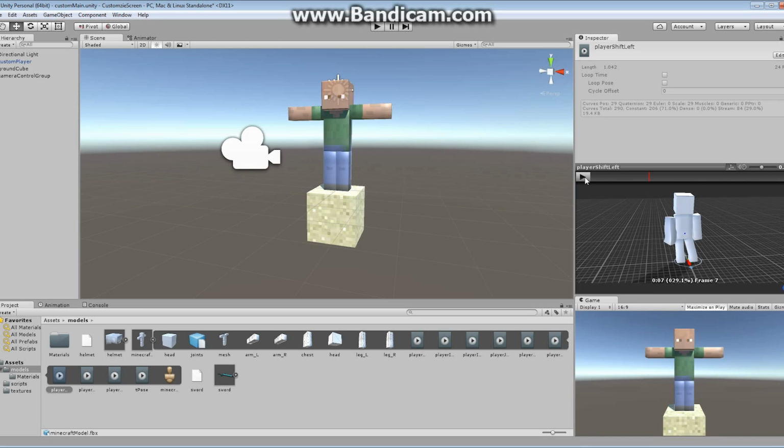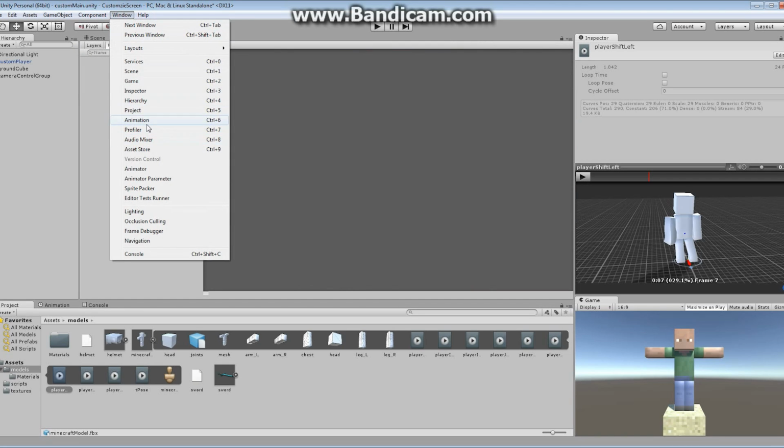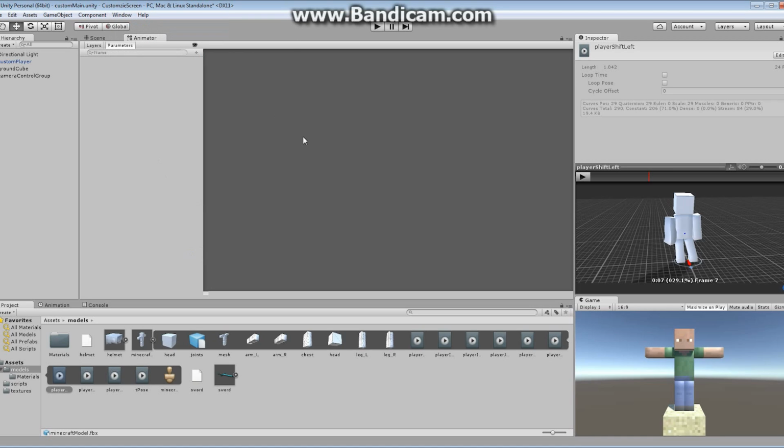Okay, so to start off with, make sure you've got your animator tab available to you. If you don't actually have it, it's under Window, and you can find it under Animator right here. Pop up that window so we've got it. Inside of the animator tab, we're going to be building our animation state machine, the thing that's going to control our character's